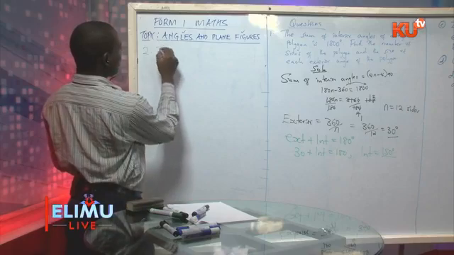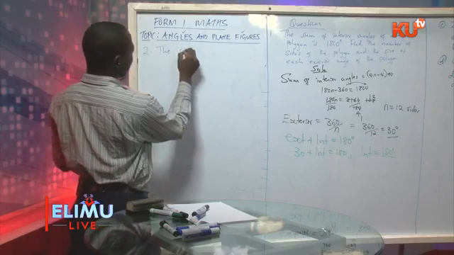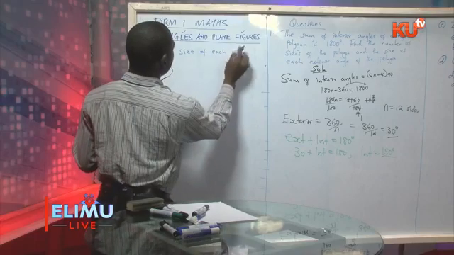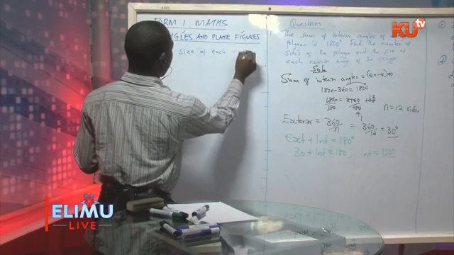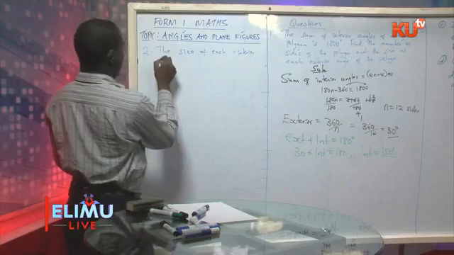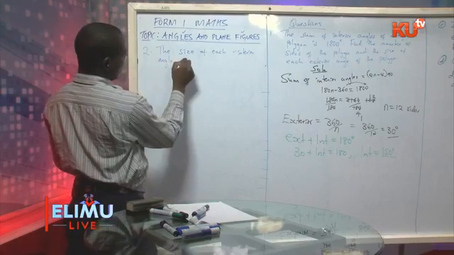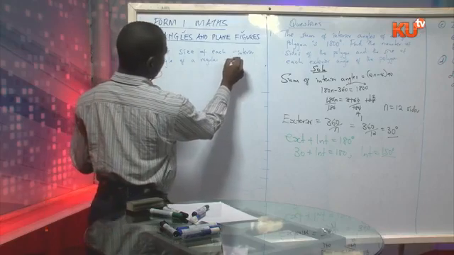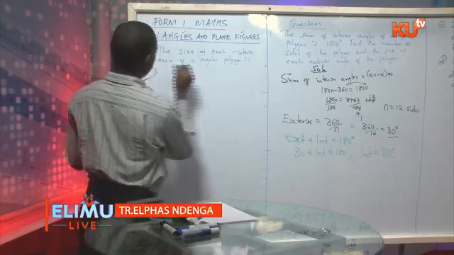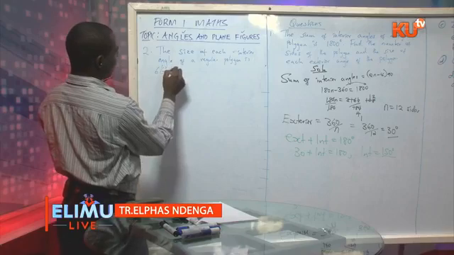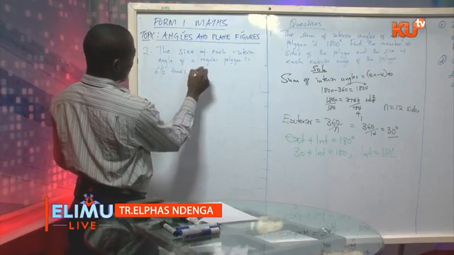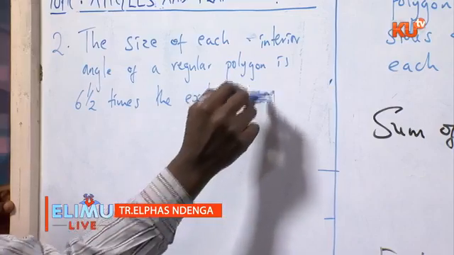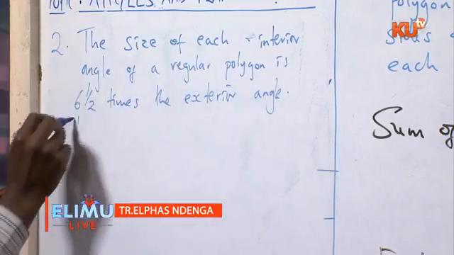You're told that the size of each interior angle of a regular polygon is 6.5 times the exterior angle. And the question is, find